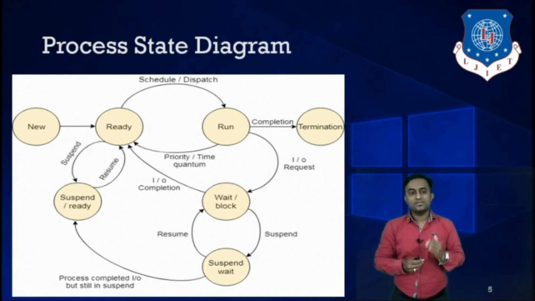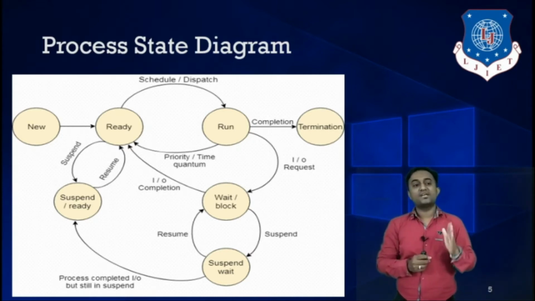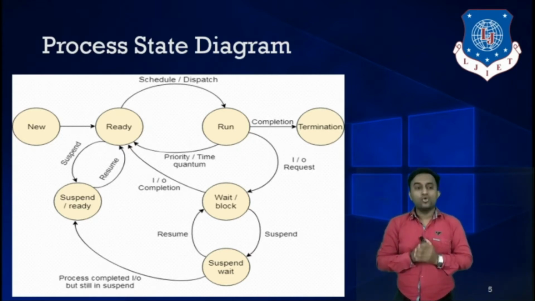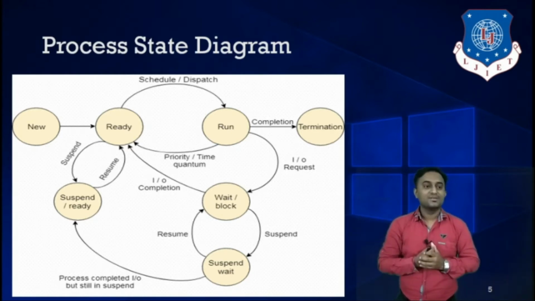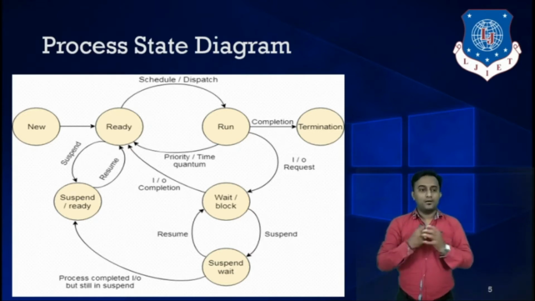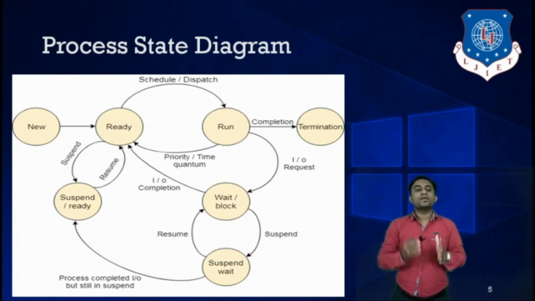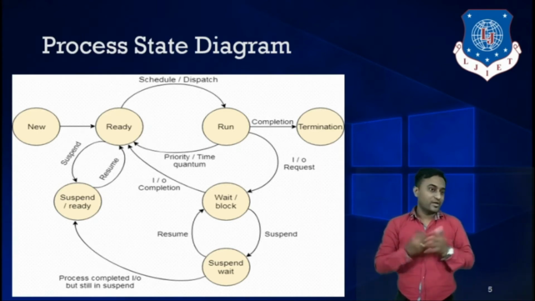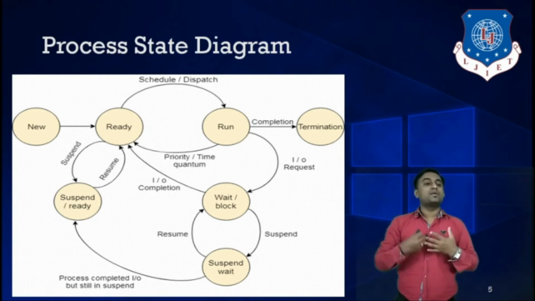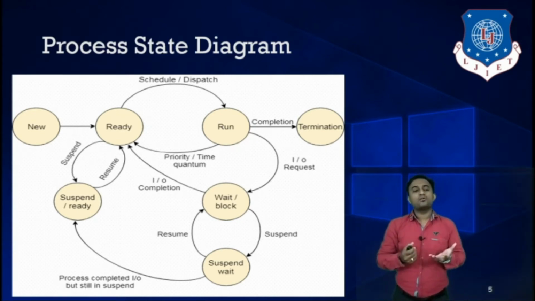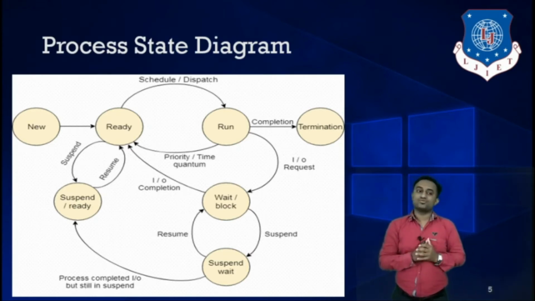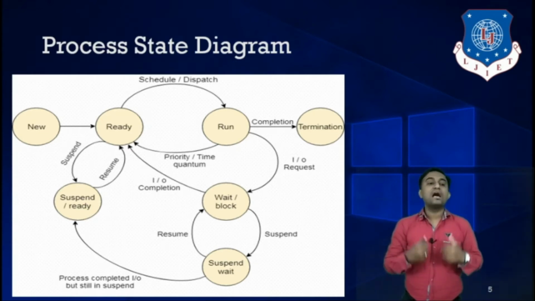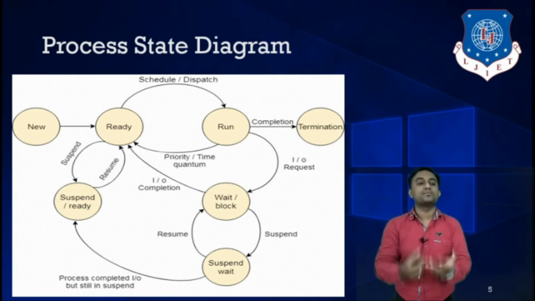Once that program is created and entered into the ready queue, or ready state, then we can call it a process. That ready queue is located in the main memory. Whenever we are dealing with main memory, the size is limited, as you know very well. So we cannot fetch all the programs from the secondary memory to main memory for execution, because of the storage limitation.